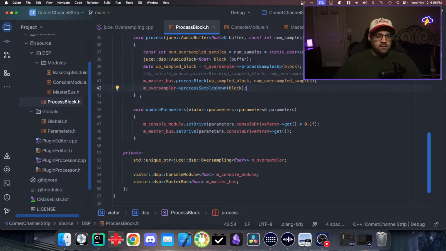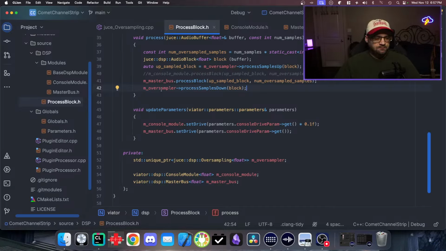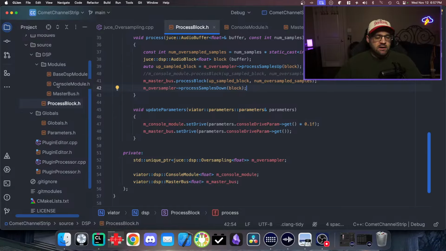Okay, I'm gonna do some more distortion implementation from the same paper that we looked at Monday. I'm gonna do a tube distortion this time, and I want to start organizing this stuff better. I have this folder called modules. I don't really know if I like that name, but I need a way to differentiate between like